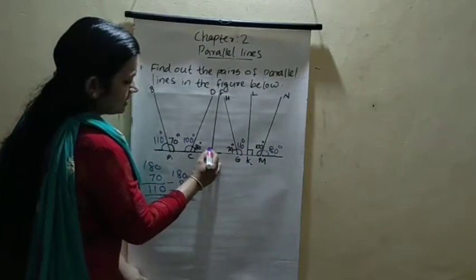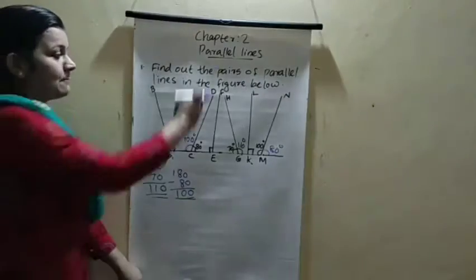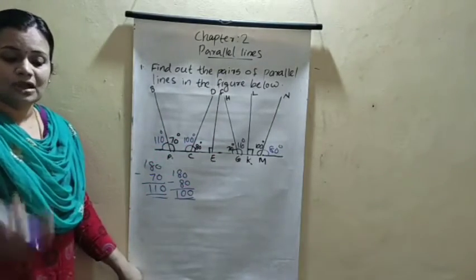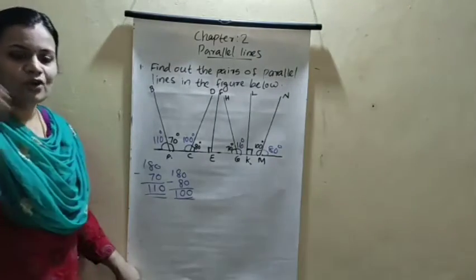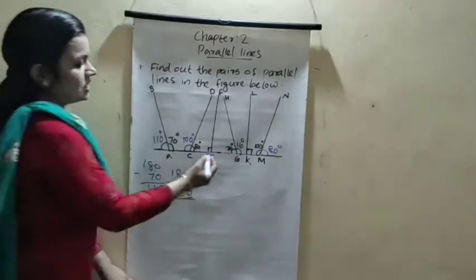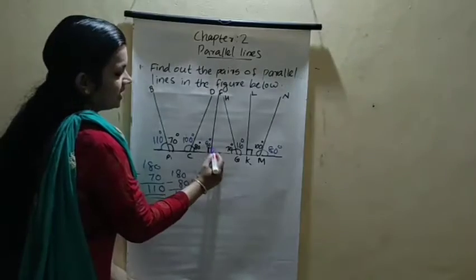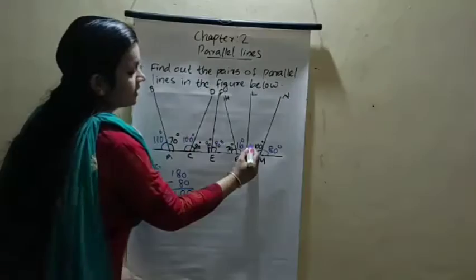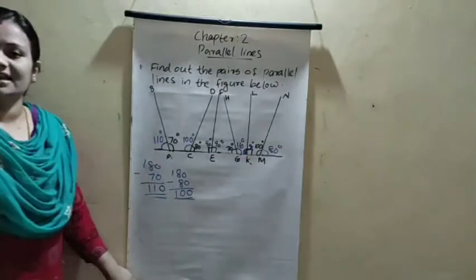Look at this. This is a straight line. This is a perpendicular line. Perpendicular lines are parallel, we already studied that. These two are parallel. This is 90 degrees. This is also 90 degrees. This is the perpendicular, 90 degrees. This is also 90 degrees.